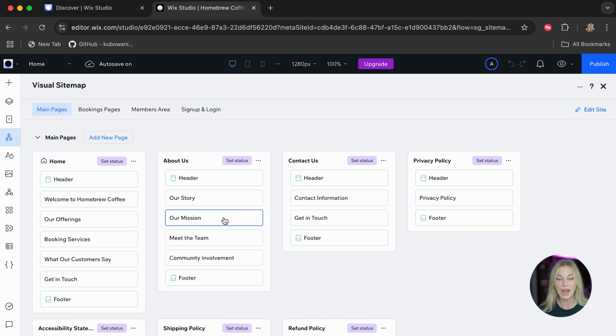We also have the About Us page, which I really like. It's got our story, it's got our mission. Maybe I wouldn't have thought to put that in, but now I will, thanks to this AI generation, as well as meet the team and community involvement, which I really like. This might even inspire me to put on more community events. Of course, we have the contact us page with the header, contact information, get in touch on the footer,